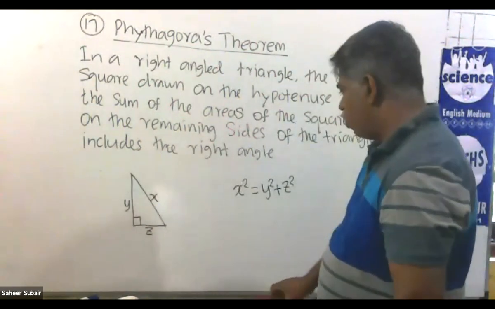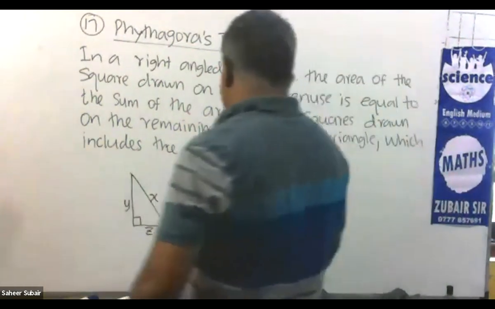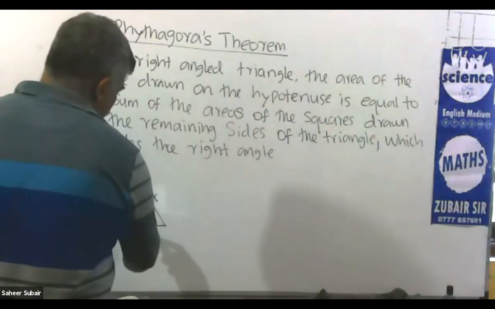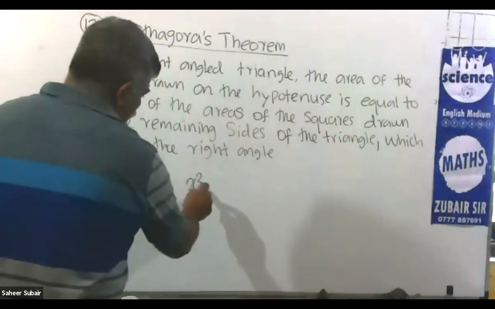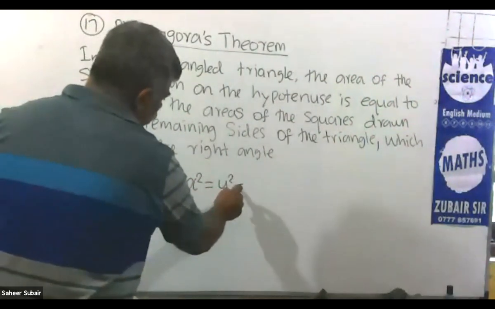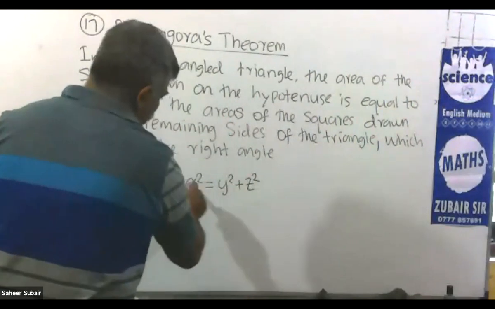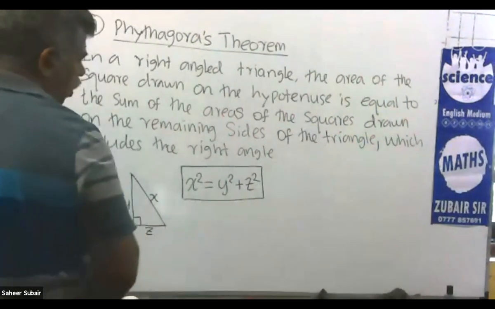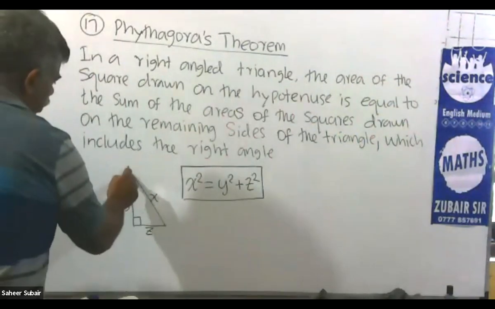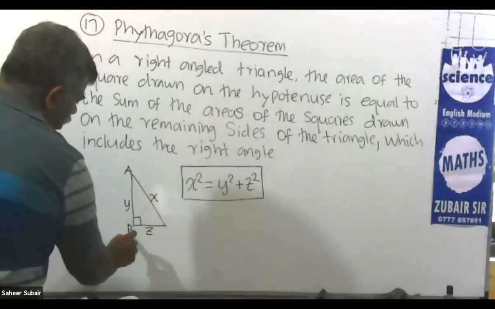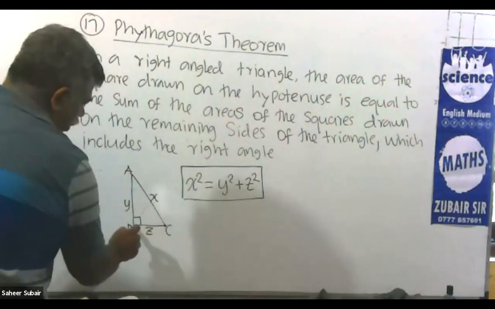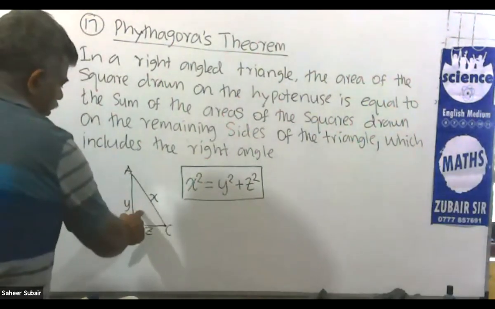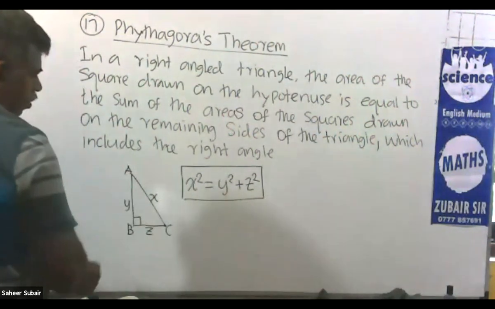So that is only useful. Then according to Pythagoras theorem, we can say this is the hypotenuse, the side opposite to the right angle. X squared is equal to y squared plus z squared. Hypotenuse squared is equal to the sum of the other two squared. Then if I put A, B, C as the capital letters for the vertices of the triangle, then we can use the capital letters and write this relation.